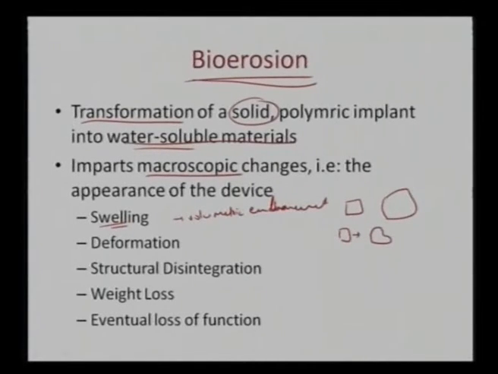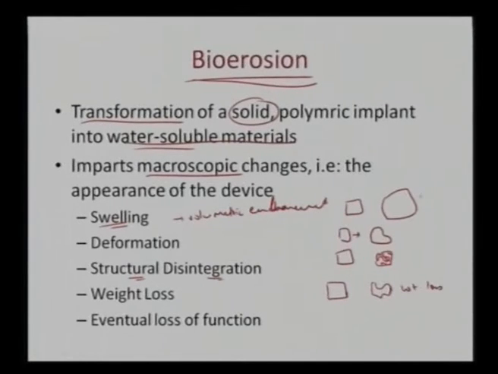At the same time, there can be certain structural disintegration. If we had a particular polymeric starting material like this, then later on the overall structure may develop certain porosities here and there. So overall damage can occur through structural disintegration. There can also be weight loss, because once this polymer is kept in a certain environment, hydrolysis can occur and the material will start losing its weight. So initially we started with a certain material, and later on we have a different material. It might have lost its structural integrity as well, but at the same time there is some weight loss.